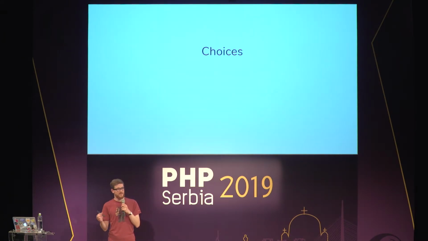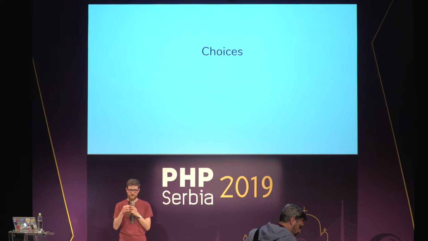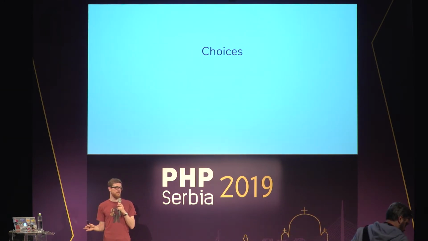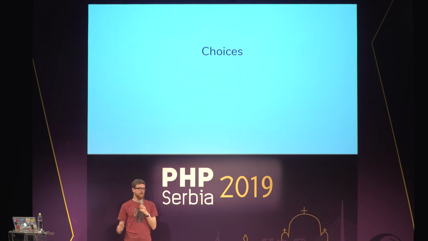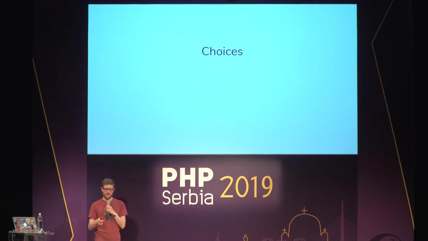Because getting started with serverless, you get to wonder, should I use Amazon, Google, Microsoft? Should I use the serverless framework? Should I use SAM? Should I use Apex? There are so many technologies out there, it's really confusing. With Bref, I went with the safest choices, the most stable provider, which is Amazon Lambda. If you want to try something, use Amazon Lambda. It's a bit more complex than the rest on some specific stuff, but it's the most stable one, the one with the best performances. So thanks to Bref, you don't have too many choices, you can get started really easily.